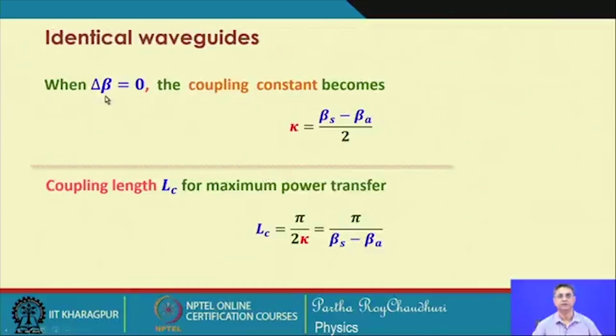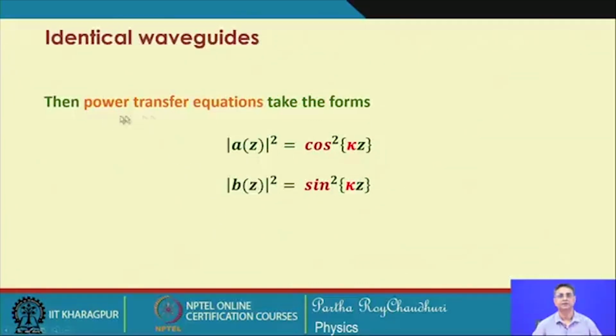But if delta beta equals 0, you have the coupling constant, the coupling coefficient, and the length that defines the coupling length now comes out to be pi by beta s minus beta a. So, this is the difference in the symmetric and antisymmetric modes that gives you the coupling length, and then the power transfer equation comes out like this: Az square equals cosine square kappa z,